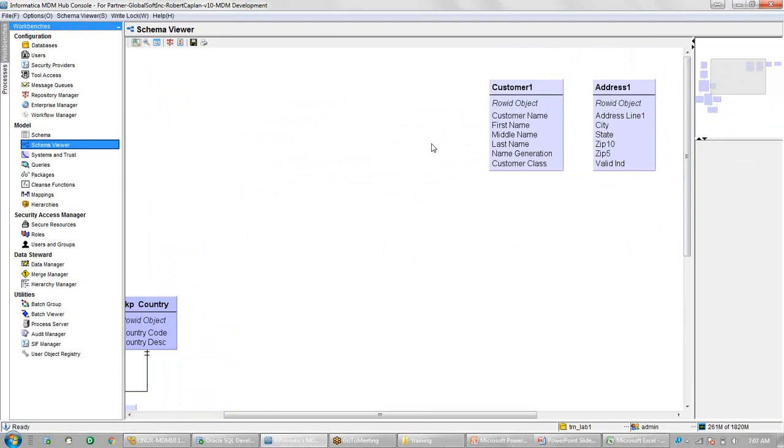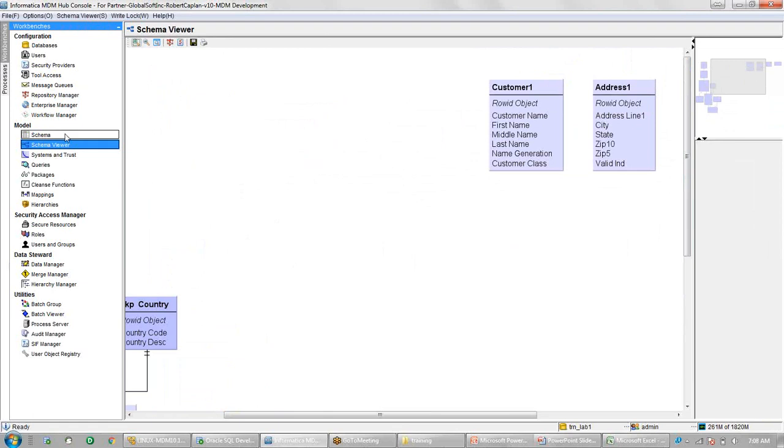So now I want to create a many to many relationship between the customer table and the address table, because by looking at the source data, I saw that one customer is having multiple addresses and one address is having multiple customers. That can be possible because we have home address and office address, and one office address belongs to a lot of people. So that becomes a many to many relationship between the tables.